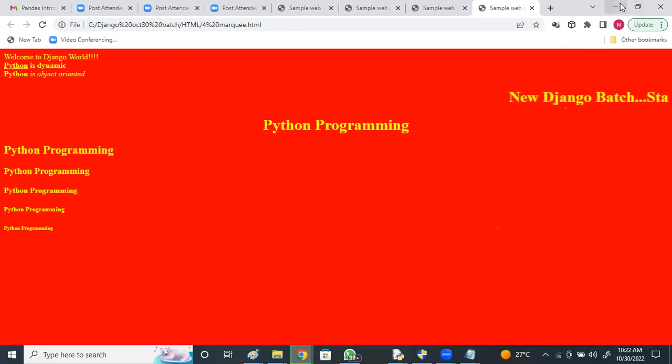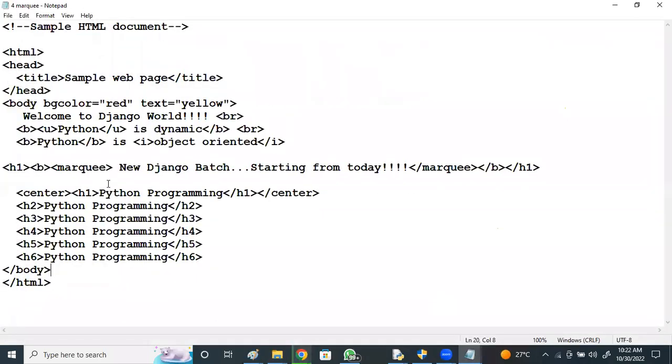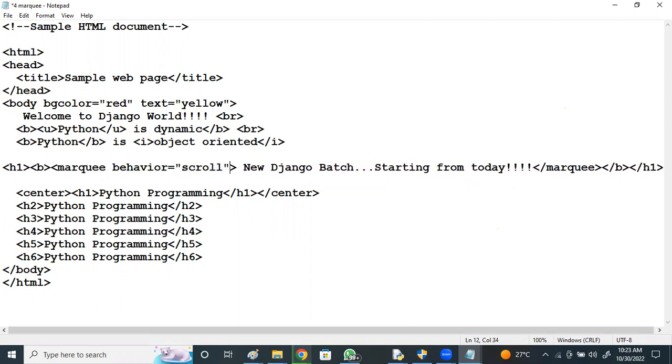Okay, marquee. The first one I'll take is scroll. Marquee behavior equal to scroll.